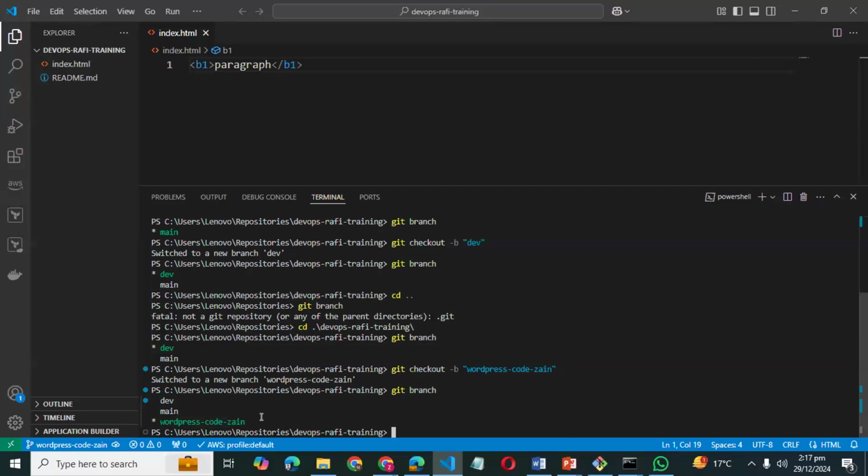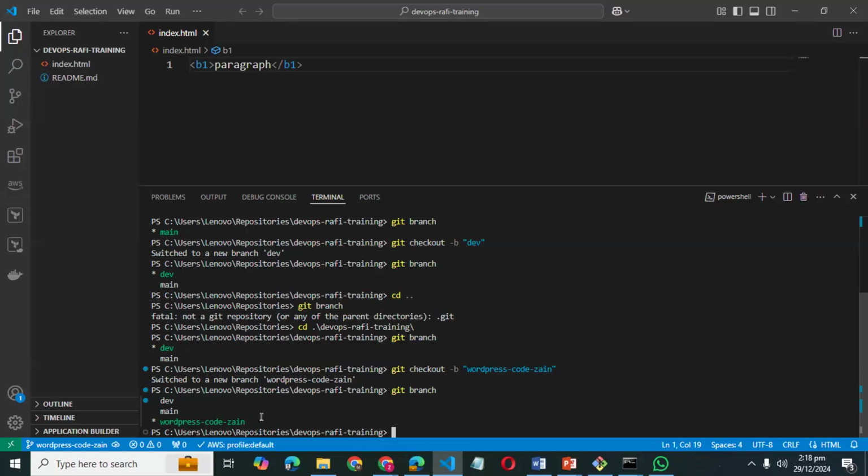All the branches are totally independent, means they are totally separated from one another. They do not depend upon other branches. If I made some changes in the WordPress core Zain branch, it is not going to be reflected in the dev or main branch, right? That is the purpose of creating branches.